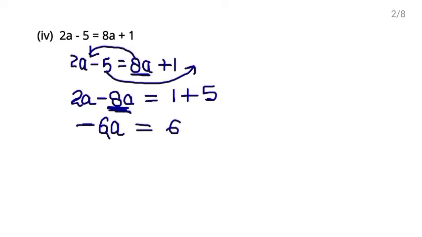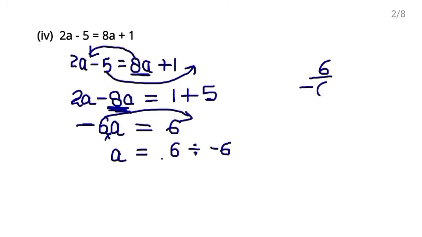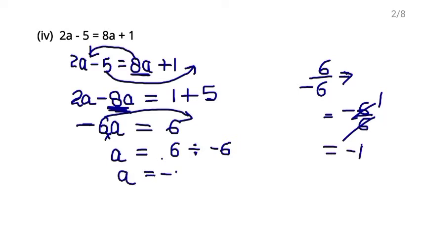Minus 6a means minus 6 multiply a. You want to find the value of a. So move this to the other side. 6 is already here. After moving to this side, minus 6 was in multiplication. After moving to this side, what will it become? Minus 6 will be in division. So when you divide 6 by minus 6, 6 upon minus 6 can also be written as minus 6 upon 6. Right? Now 6 ones are 6. So this is equal to minus 1. So the value of a is minus 1. This is the solution of this equation.